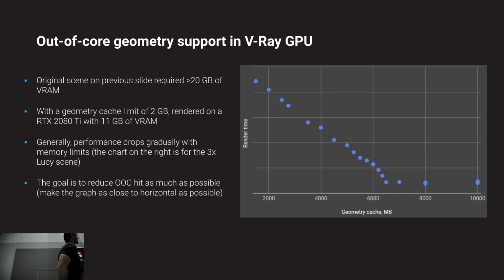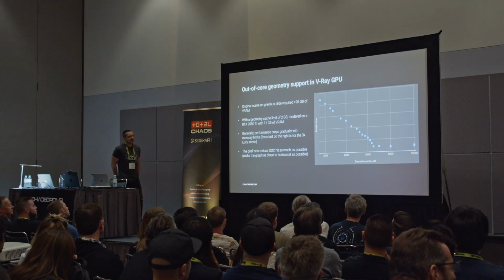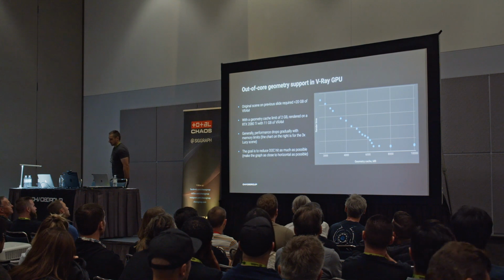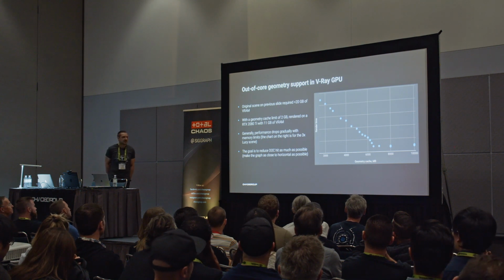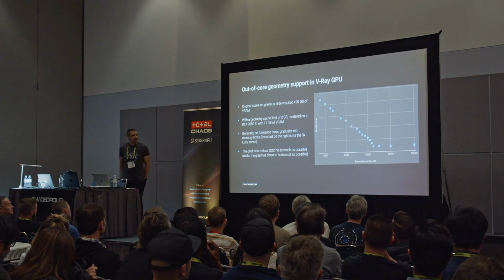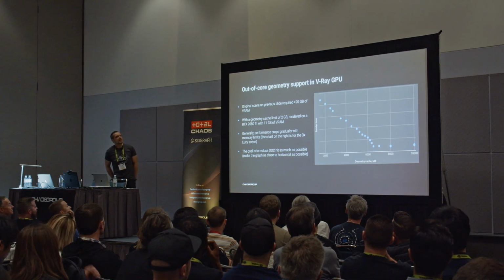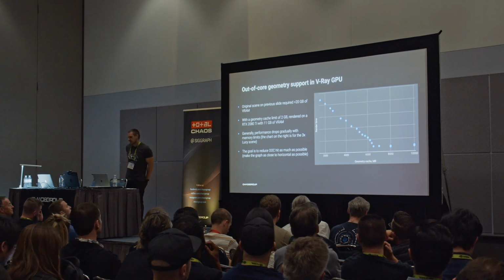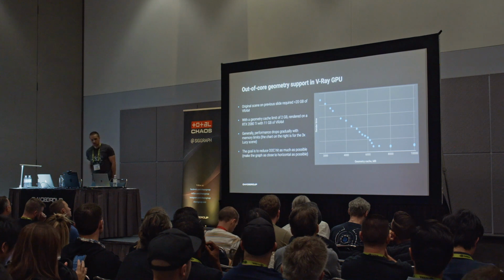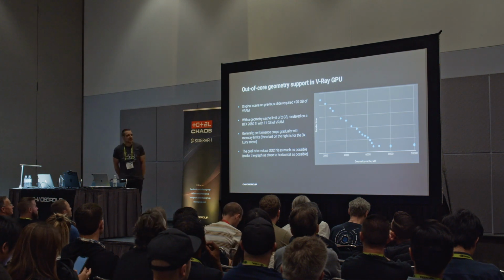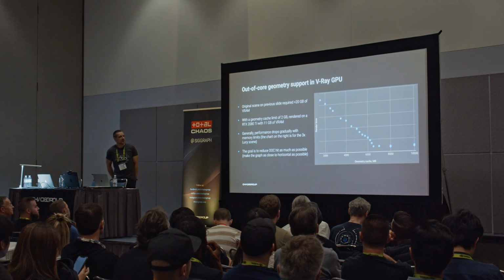The actual scene required more than 20 gigabytes of GPU memory to render on an RTX 8000 card. But if we use the out-of-core version of V-Ray, we can limit the geometry cache to just 2 gigabytes, and in that case, we were able to render the scene on a regular RTX 2080 Ti. Obviously, it took a little bit longer, but it still rendered. I also did a few tests with the Lucy scene from the previous slide to see how the amount of memory affects performance. It's not terribly bad. I thought the results would be much worse, but we still have work to do to make this line more